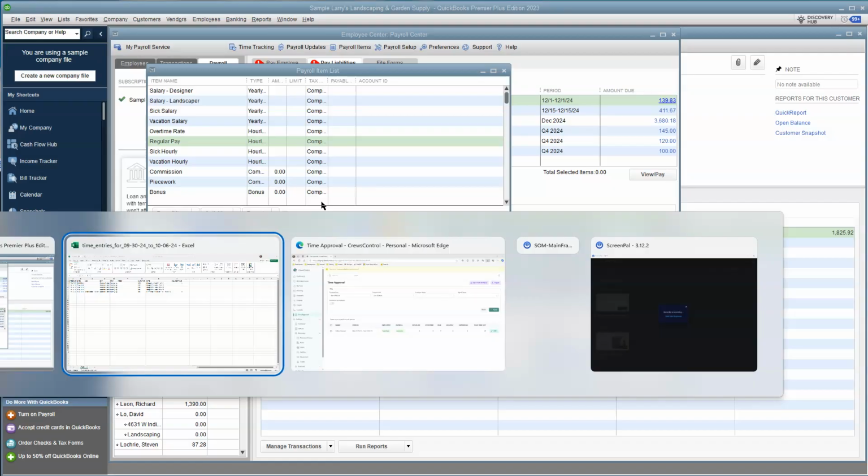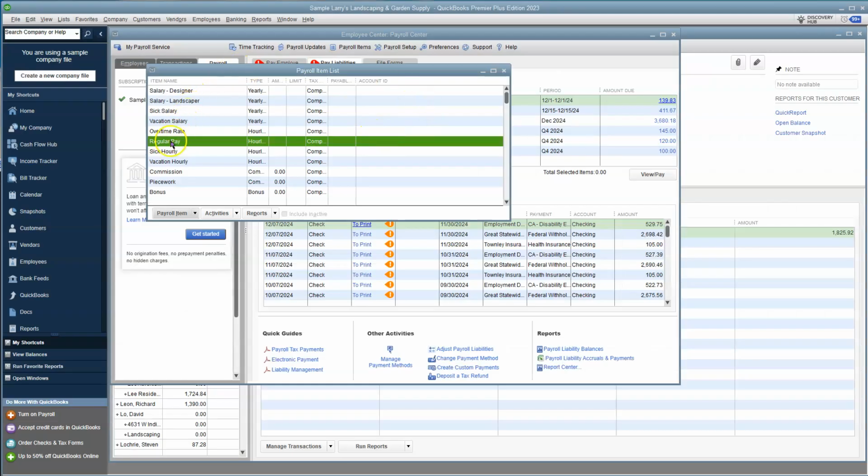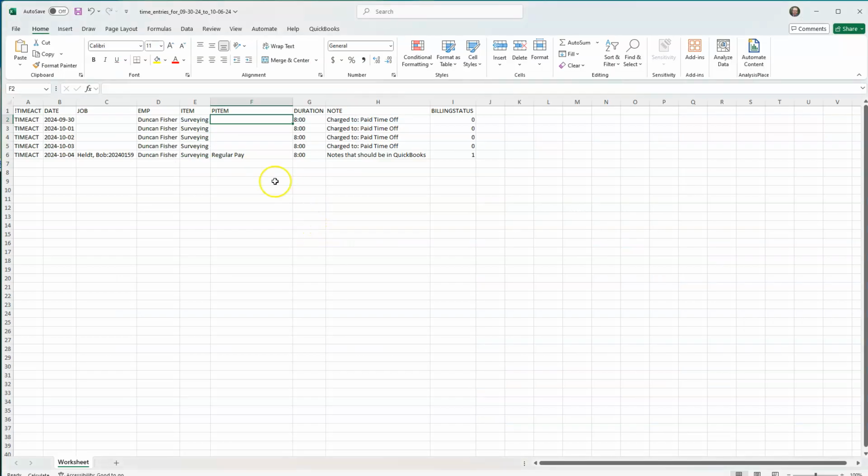I'm going to go back over to Excel. Now once you know what the payroll item is, you won't have to go back and forth like this. I'm just needing to do this because I'm not familiar with this QuickBooks test account. And then what do I need to put for paid time off? Well, I'm going to charge that to vacation hourly. I'm going to copy that to my clipboard and put that in here, and I'll copy that